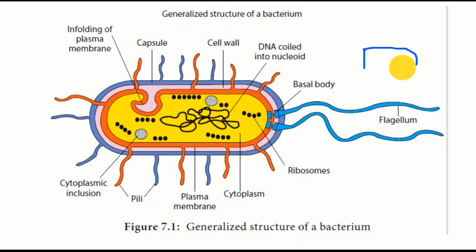If this is the cell and we are having a single flagellum, then it is called monotrichous. It is an important thing, so remember. If we have two flagella on both the terminals, then it is called amphitrichous. If these are on the whole cell, terminal and center, including all the sides, then it is referred to as peritrichous. And if they are only on a single side, like a branch, not all the sides, then it is called lophotrichous. Got it?